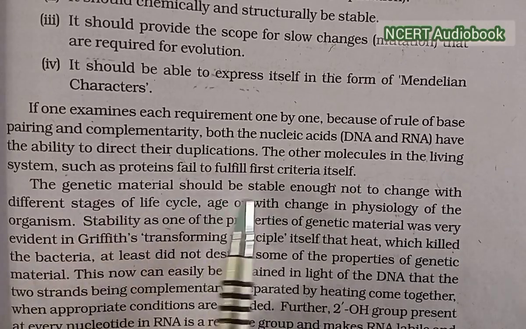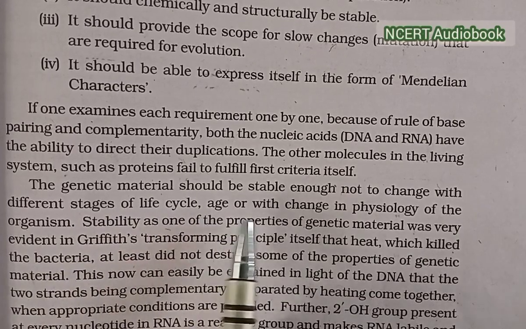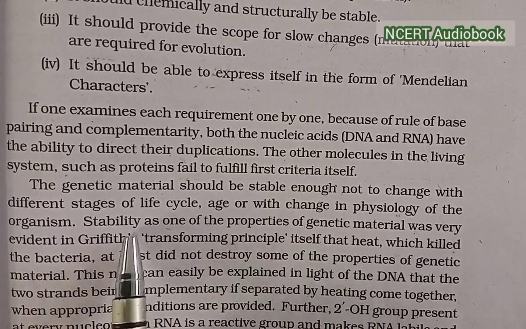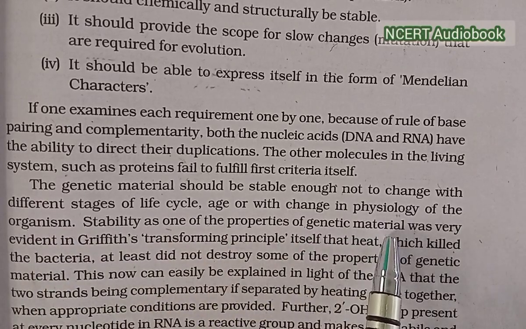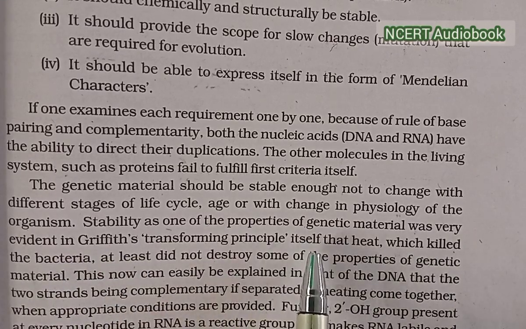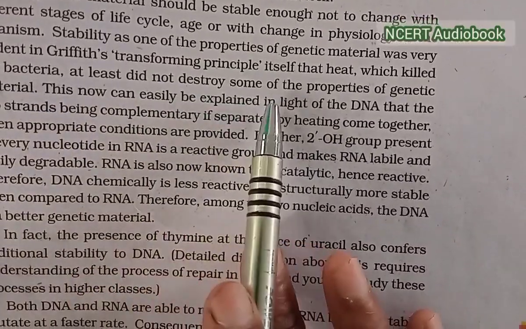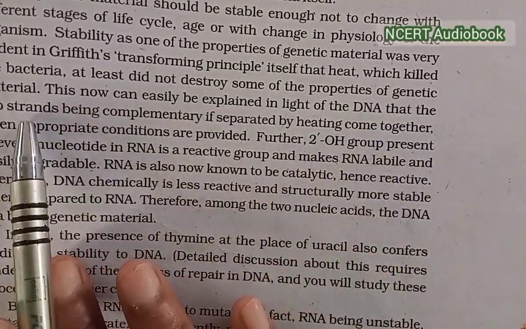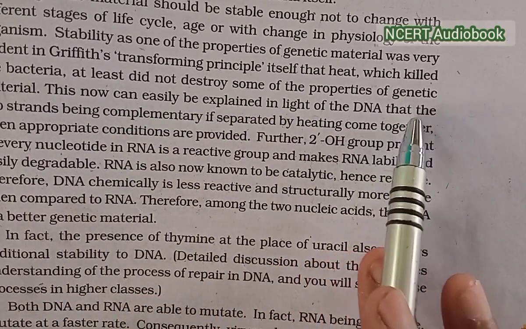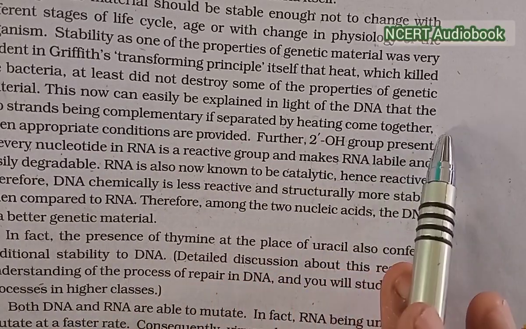The genetic material should be stable enough not to change with the different stages of the life cycle, age, or with the changes in the physiology of the organism. Stability as one of the properties of the genetic material was very evident in Griffith's transforming principle itself, that heat, which killed the bacteria, at least did not destroy some of the properties of the genetic material. This now can easily be explained in the light of DNA. That is, the two strands, being complementary, separated by heating, come together